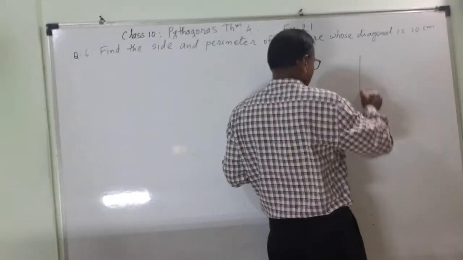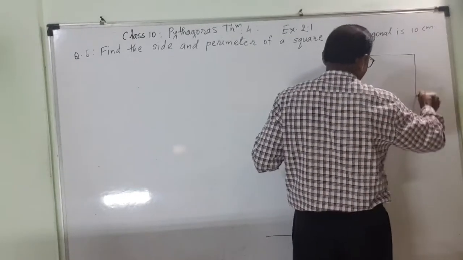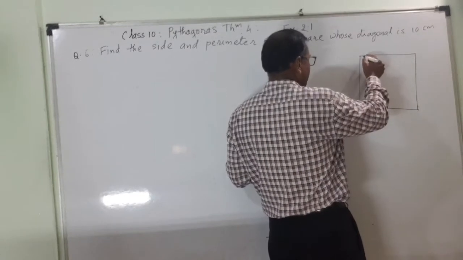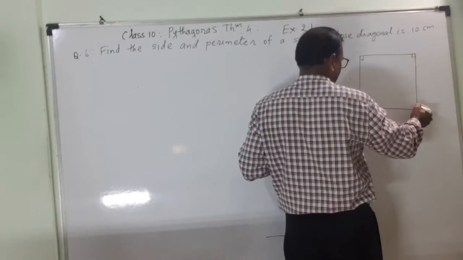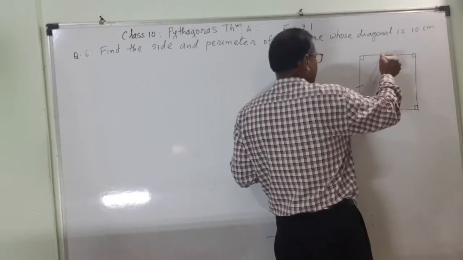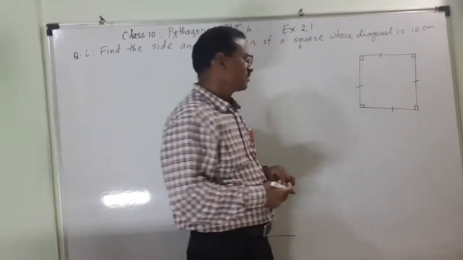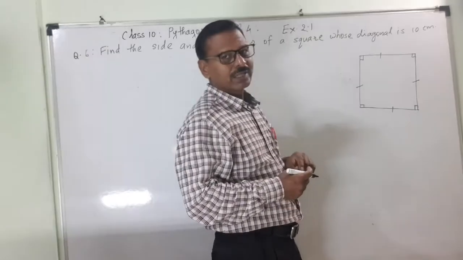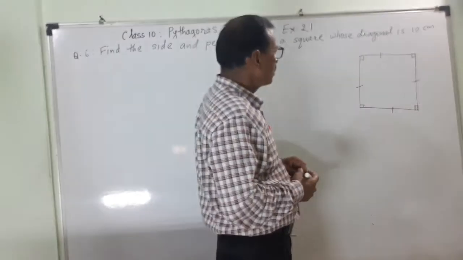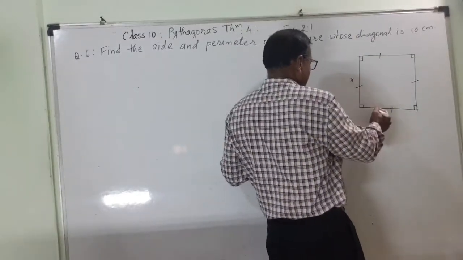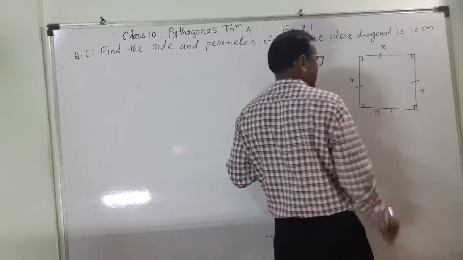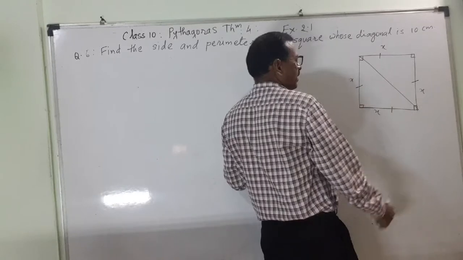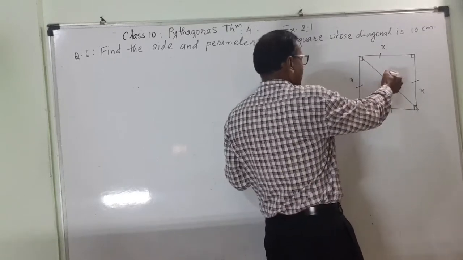Now, instead of giving the direct formula, I will just explain. This is a square, its angle is 90 degree, all the sides are equal. This is what the square is. The property of the square is each angle is 90 degree and all the sides are equal. Then it is a square. So this is x, this is x, this is x and this is x. If I draw a diagonal like this, then this is side 1, this is d suppose.